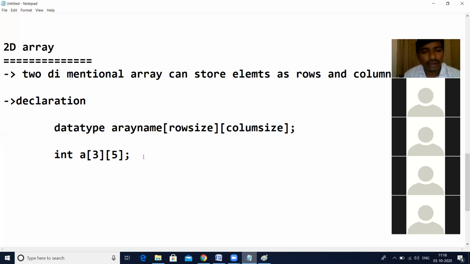Now we want to insert the elements. That means we have to initialize the values. How to initialize? The initialization of the two-dimensional array.